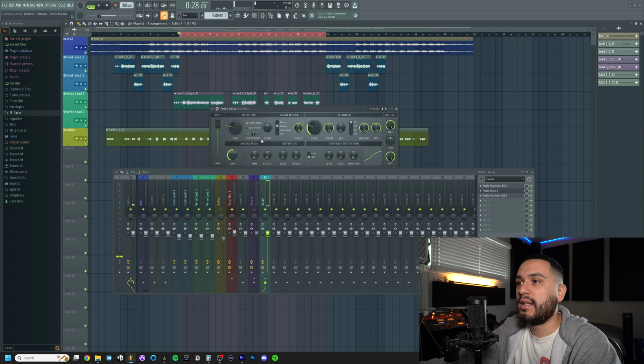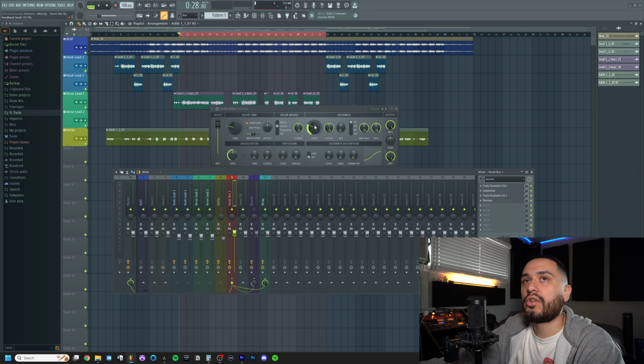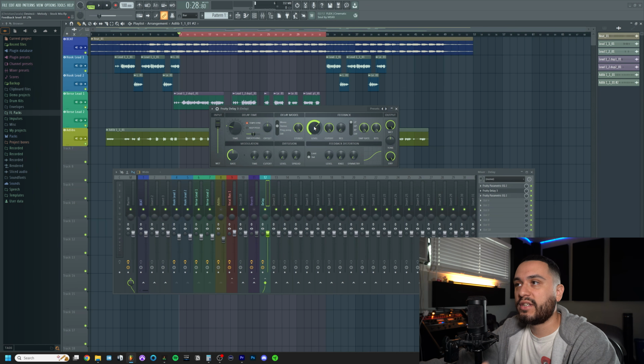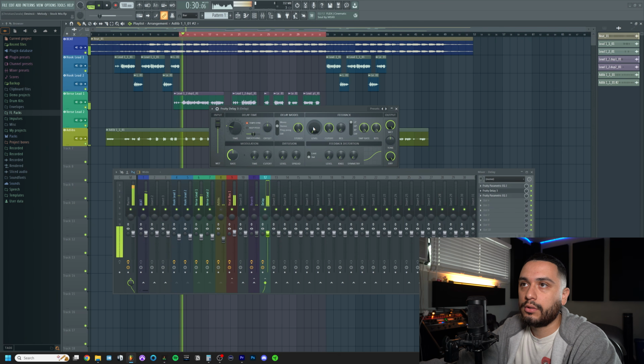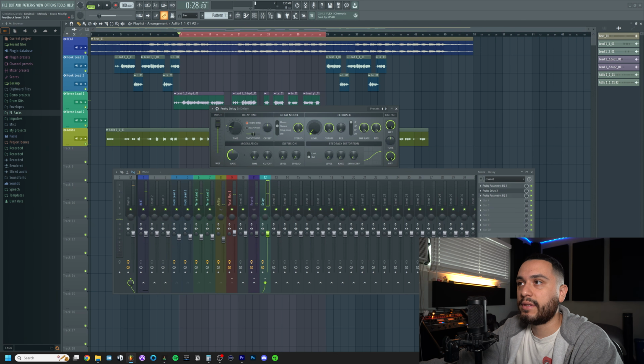But as you can see, that's a little bit too much because we have it at full volume. So what I want to do with the delay is actually lower the feedback level. Feedback is kind of similar to the decay in reverb. The more you turn up the feedback, the more repetitions you're going to get. As you can see, it gets red because it can get really nasty really quick, and the lower it is, it's only going to have like one repetition, and you see it stops. But if I raise it up, it keeps repeating. So what we're going to do is lower this just a little bit,